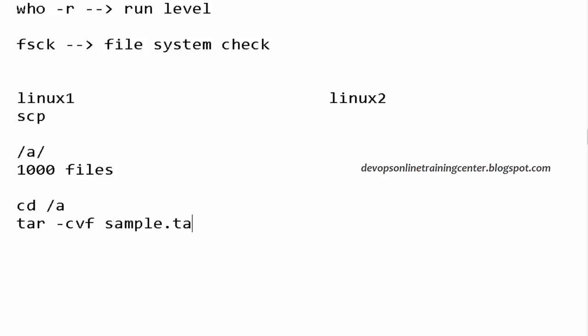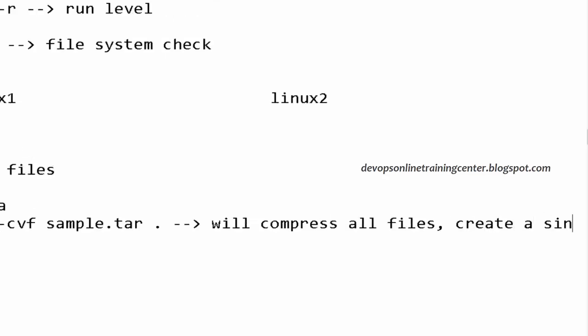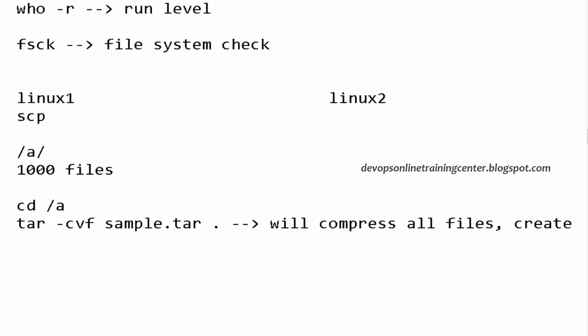I'll say sample.tar and dot. Dot indicates the current directory. So tar means compress all the files and create a single file. Then out of 1000 files, one file is created which is sample.tar.